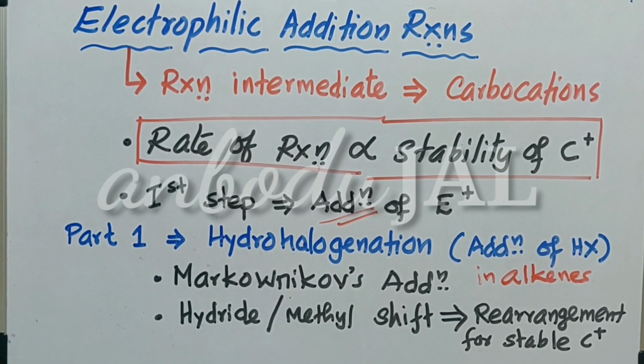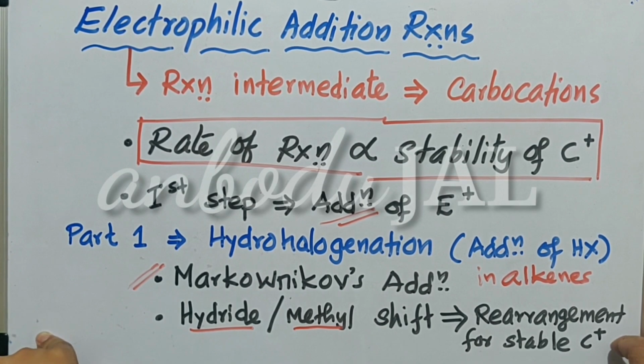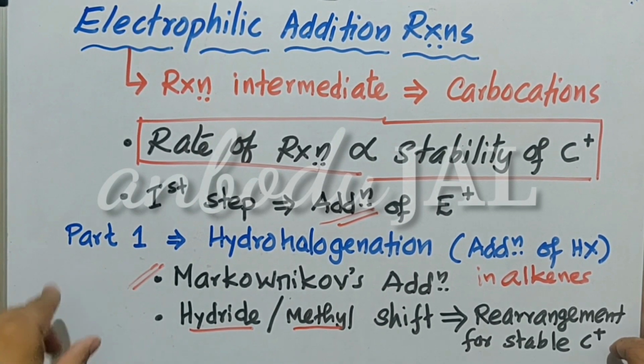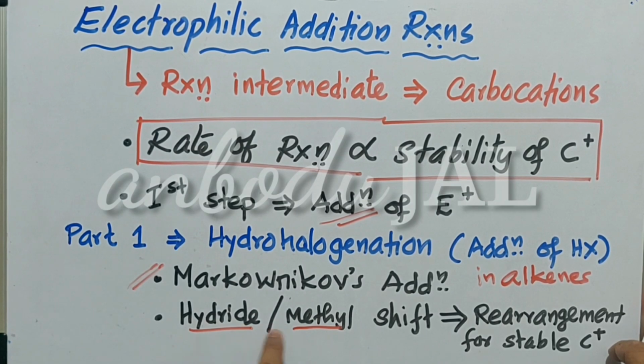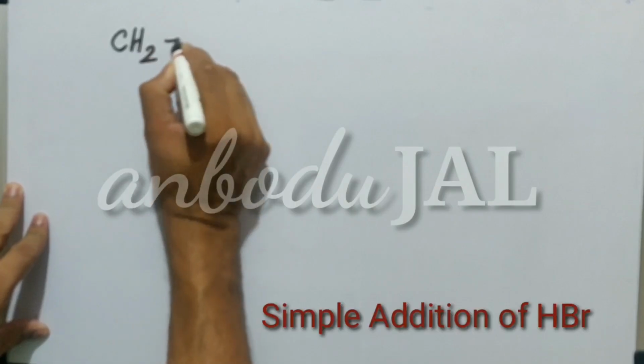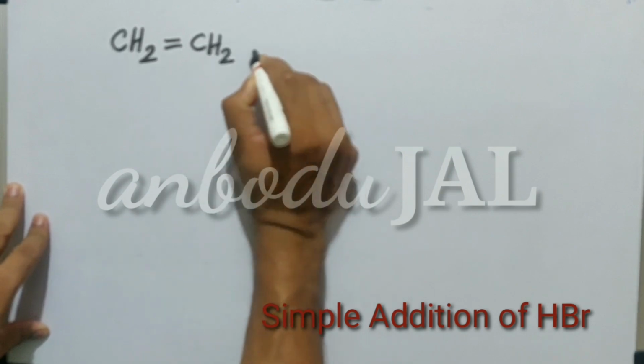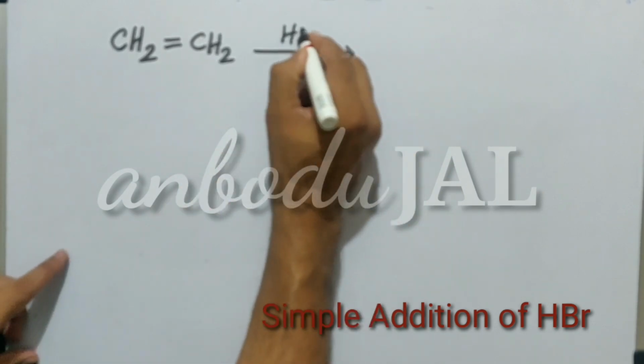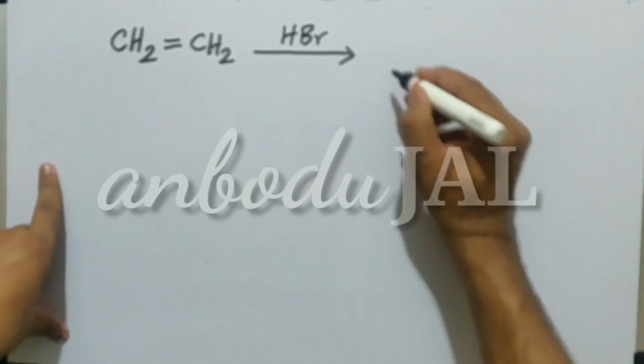We have to note two points: Markovnikov addition, and second, rearrangement for a stable carbocation. That is nothing but hydride shift or methyl shift. Phenyl shift is also there, but we are considering hydride and methyl shift, which are very important from the aspect of NEET examinations. Here, CH2 double bond CH2, when treated with HBr, we know that the product is nothing but